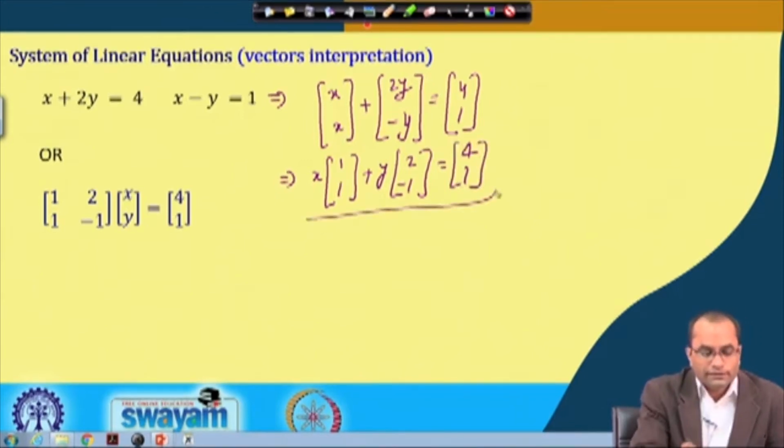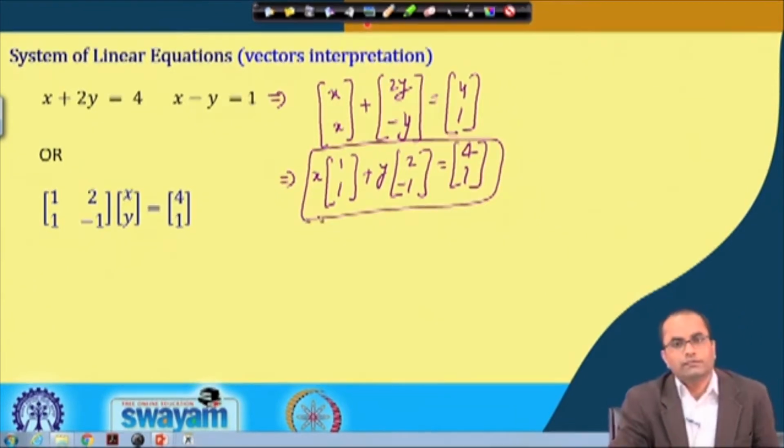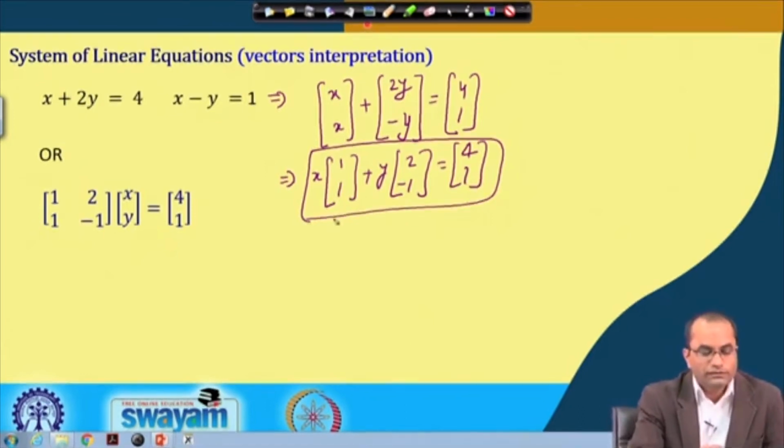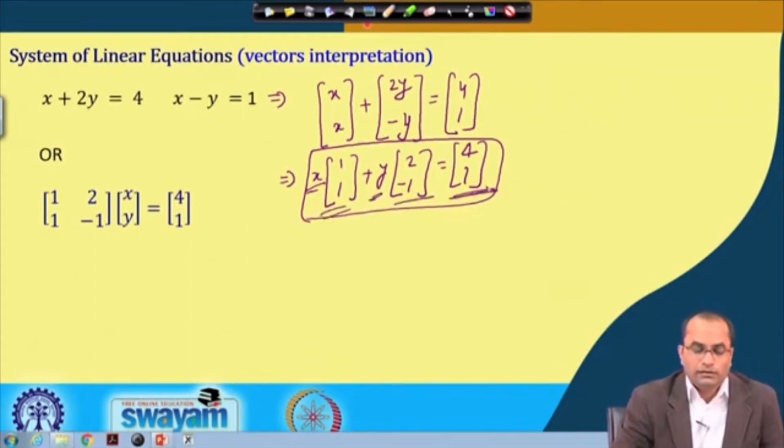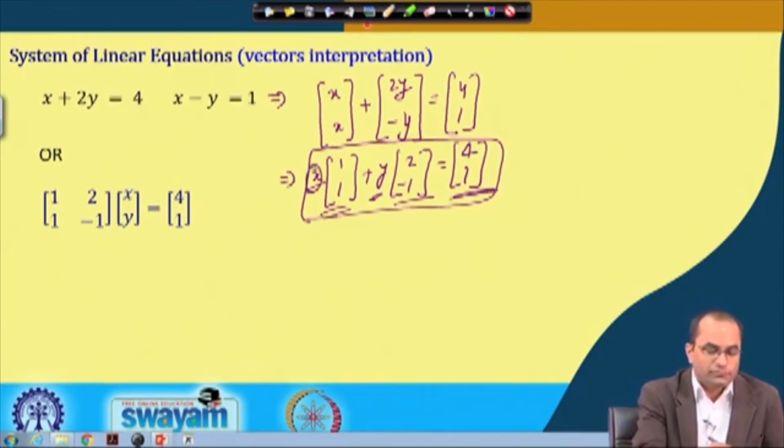So, we have written the given system of equations in this form, where we see the vector scalar multiplication, vector scalar multiplication, and here the vector again, the right hand side. Scalar means this number x here. So, now